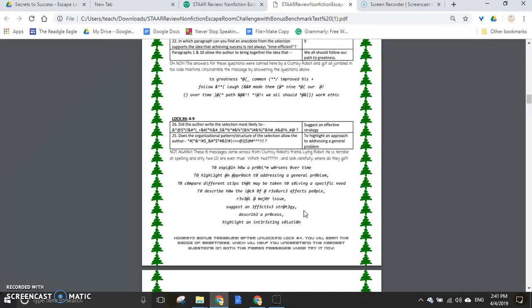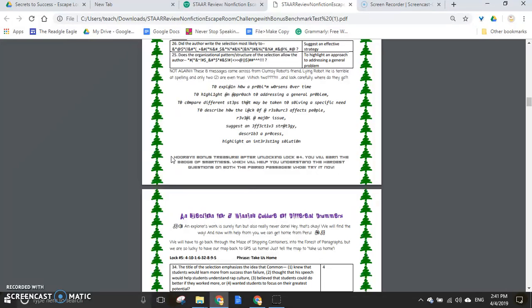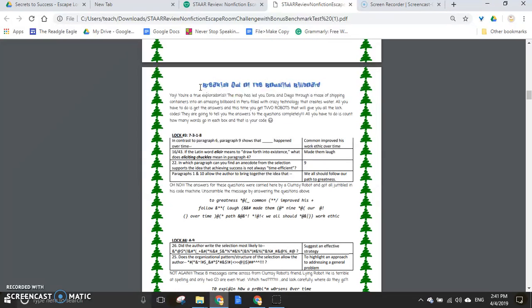So that's kind of neat or fun. Just a quick note, you will see at the bottom of each page how it says, hooray, bonus treasure, you've unlocked some gift of knowledge or badge of smartness. What that means is that the titles of the locks correspond to some of those passages that are in that benchmark test. And so once they've done this activity, they can go back to these exact test numbers from the benchmark test,